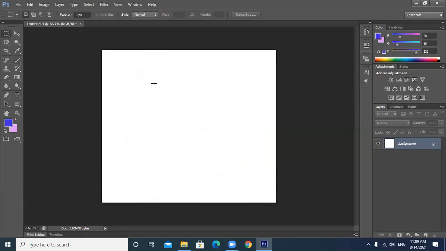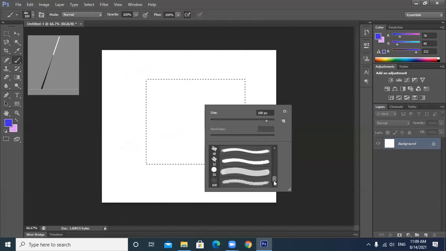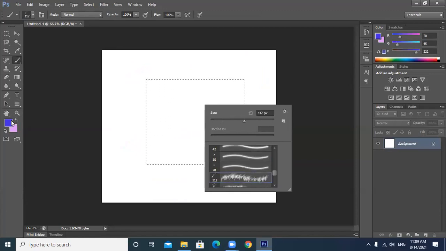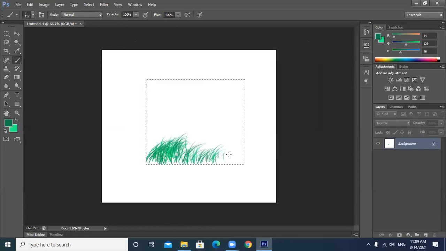Now you can use the brushes inside your selection also. For example, I have made this selection and now I'm going to choose the brush. I'm changing the brush from here. So see, there is a brush. Different kinds of brushes are there. So this is a grass brush. Let's say if I change the color here, it will also take the grass brush, and it will also take your background color as well. Foreground and background color both it is taking.